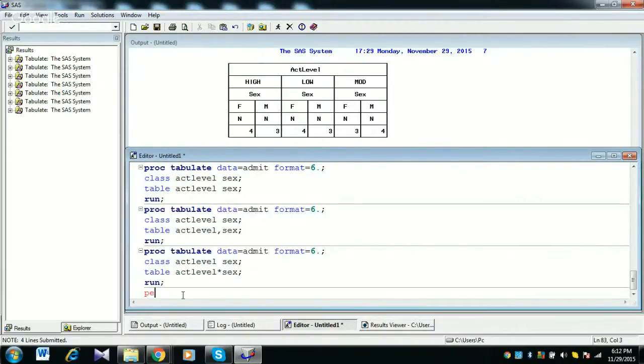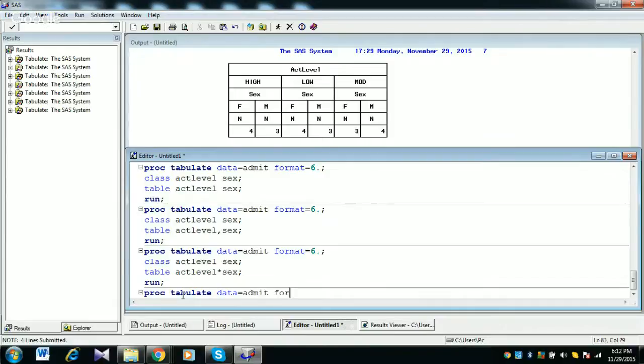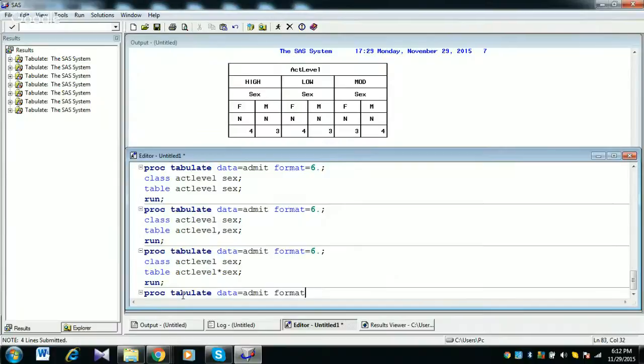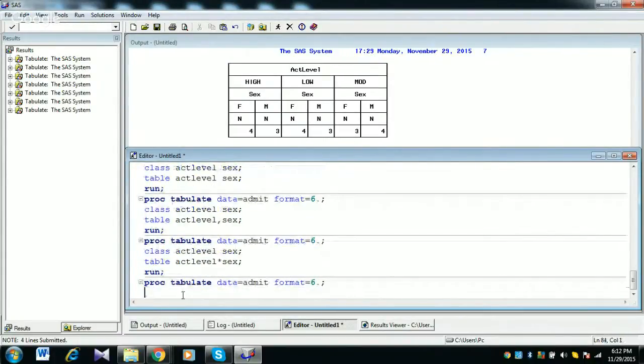Now I'm going to do this with proc tabulate. That means I'm using class, format 6 dot, and second I put age level sex. We can put here. Now